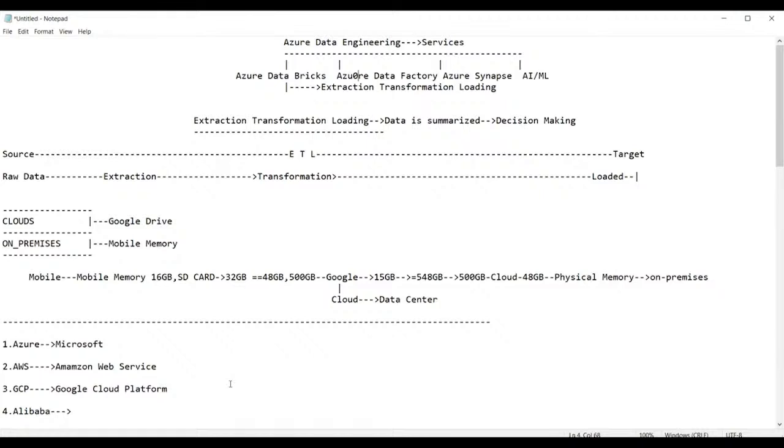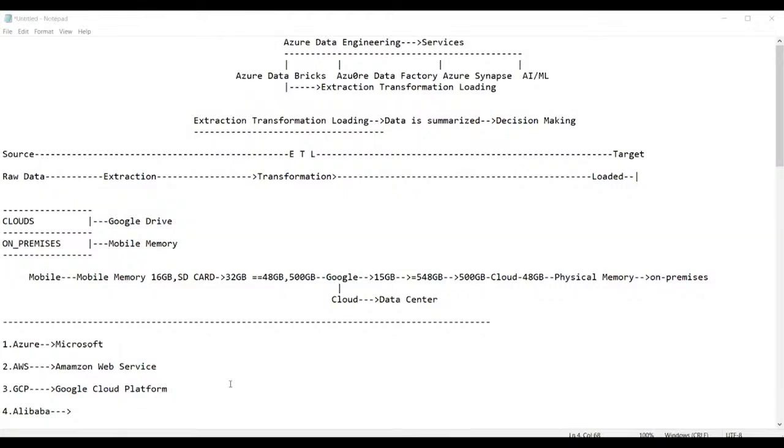Sir, there is a coding part in the curriculum, so do we need to learn coding as well? Yes, of course. Whichever coding is required, we will discuss it in the class itself. You need not learn the coding separately somewhere outside. I will explain it, and it will be easy, not as tough as people think. We will be seeing coding in 4 different languages: SQL, Python, R, and Scala.